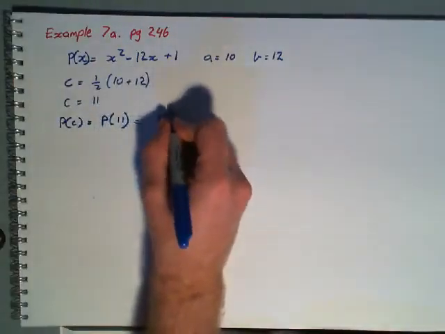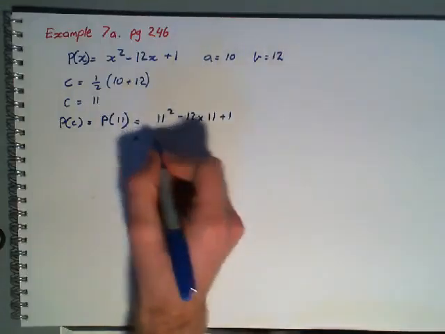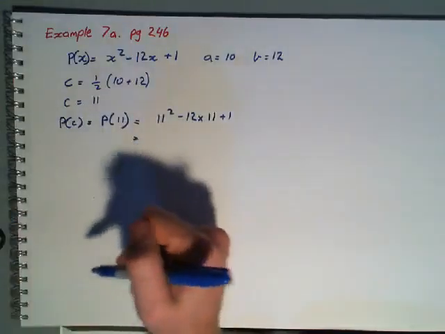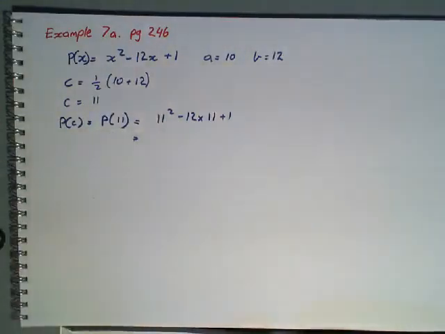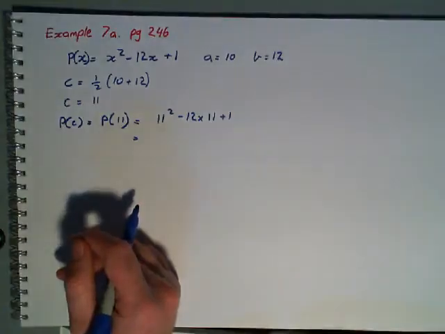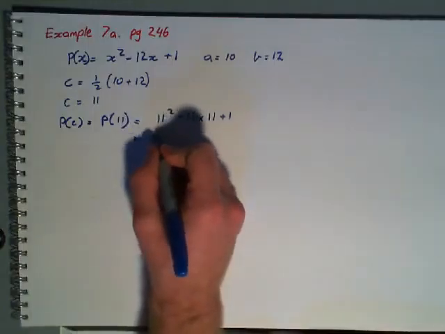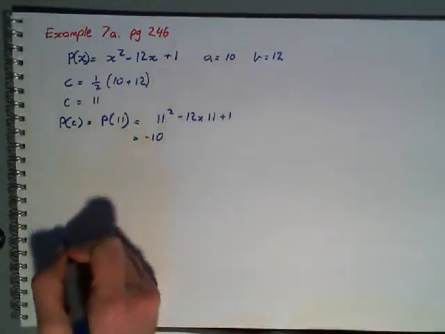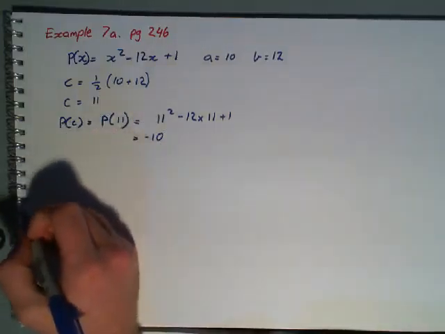So we'll have 11 squared, take 12 times 11 plus 1. Put that in your calculator, and you should get about negative 10. Okay, so because this number's negative,